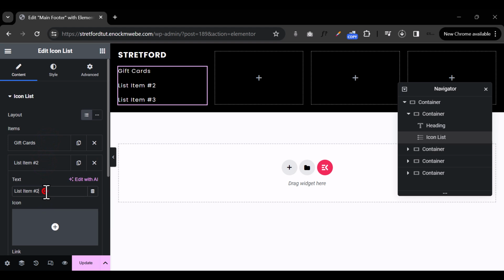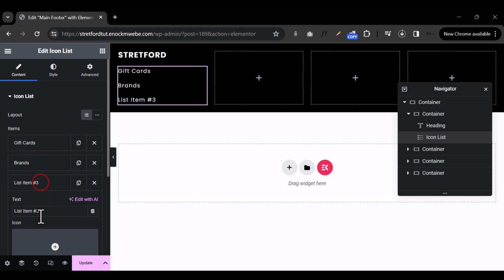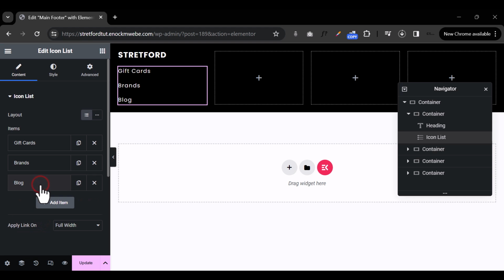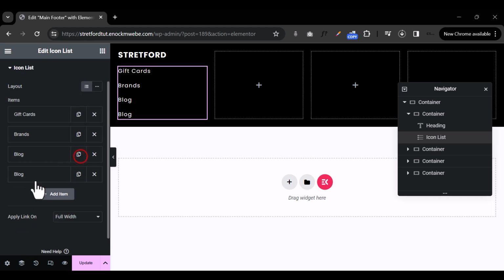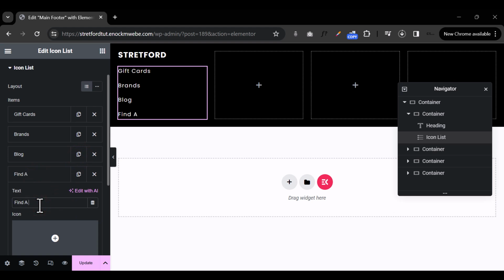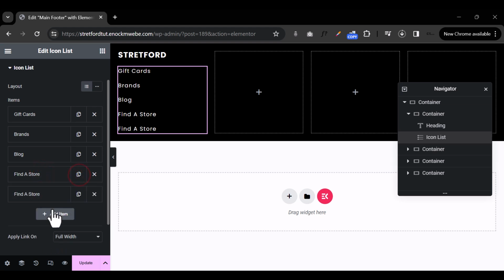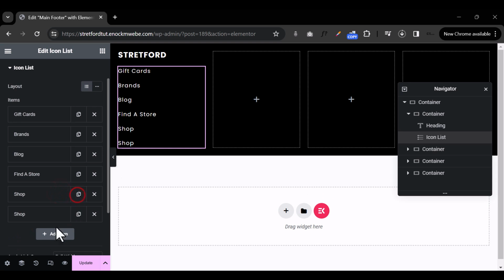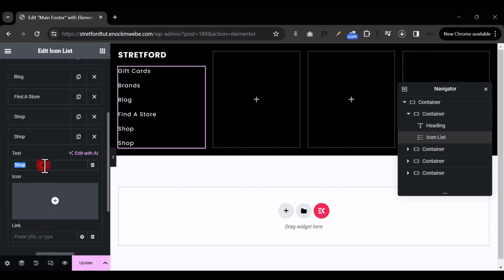You have a section for brands. You have a section for the blog. You have a section where, let me duplicate this. Find a store. Find a store. You have a section, maybe shop, something like that. Then you have another one, maybe something like a page that links us to about us. Okay,